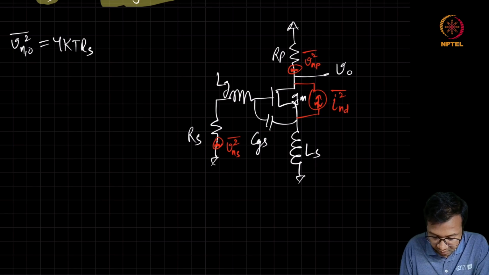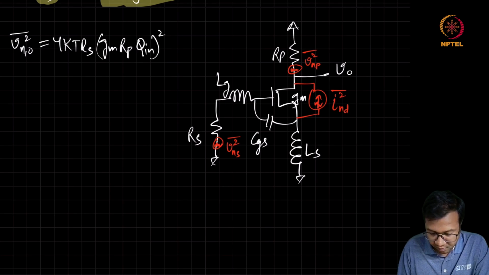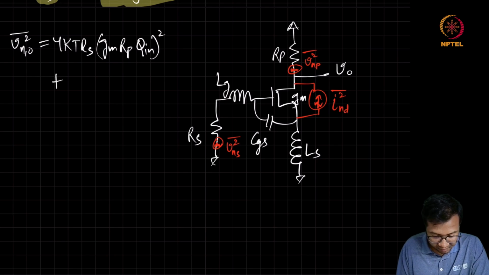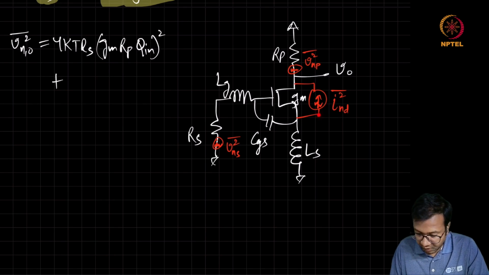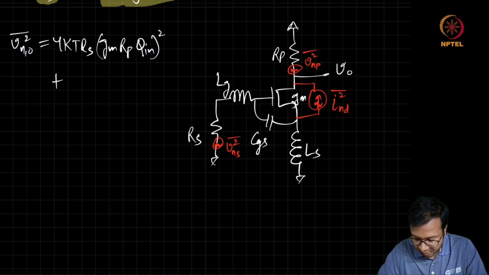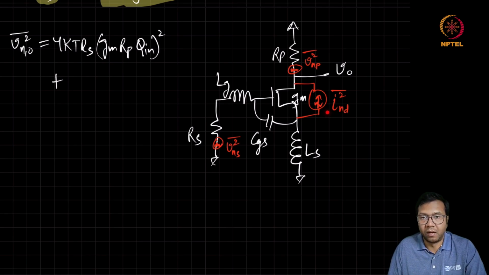The transfer function is GM RP Q in, squared, plus, if we find the transfer function from the current source to the output, we can find the contribution also. Now this transfer function can be done as we have done earlier